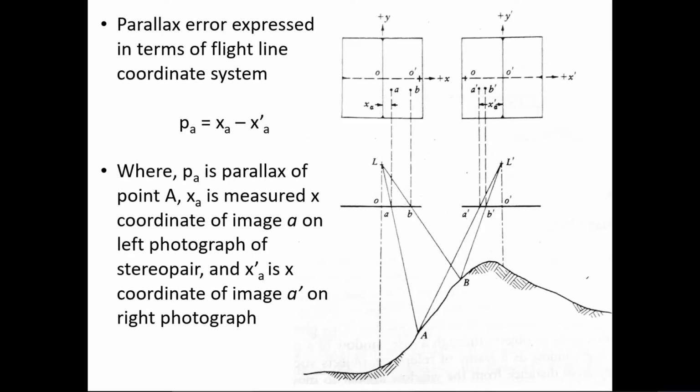Here you can see a small terrain, a small mountain, a small hill. You can see the point A and the point B on the ground. Suppose they are two features, point A and point B. Initially, at the left point, capital L, imagine that your flight was at point L. You are obtaining a photo at that particular plane. That photo is shown on the top. The top left square is the photo obtained from point L. You can see the point capital A and capital B on the ground as points small a and small b on the photo that was obtained.